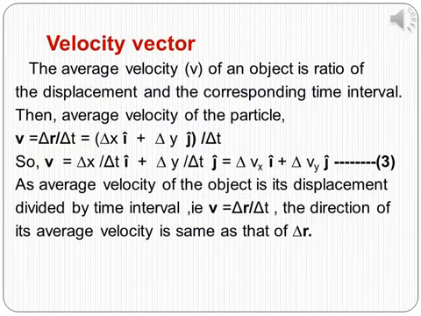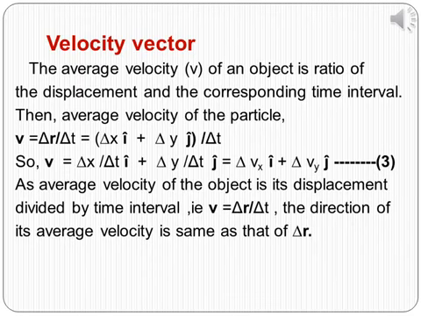Now, let me discuss velocity vector in two dimensions. You know about average velocity of an object when it is in motion. What is the average velocity of the object? It is the ratio of its displacement and the corresponding time interval. How can we express the average velocity of the two-dimensionally moving particle in component form? It can be expressed as the average velocity v is equal to